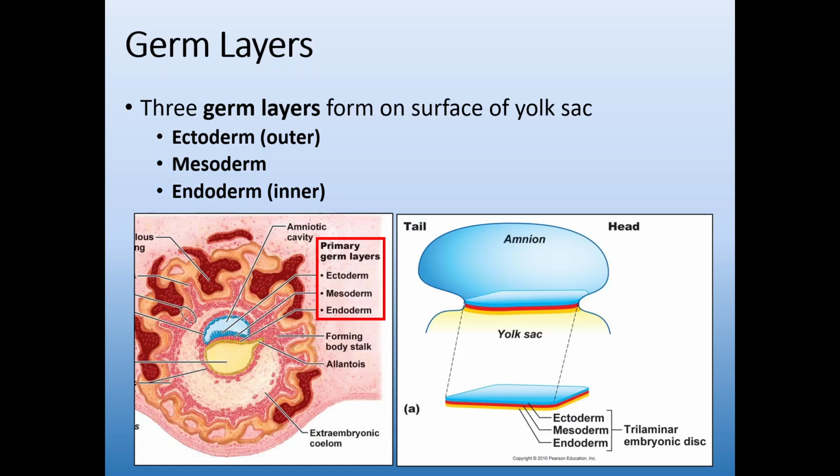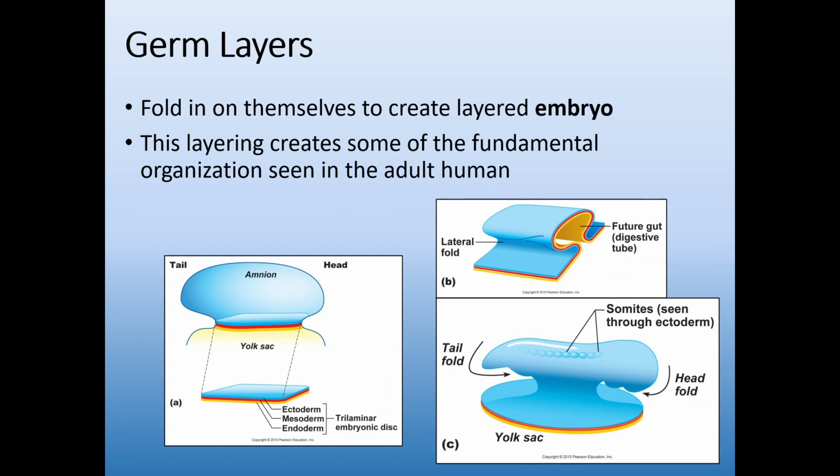It is these germ layers that are going to become the new organism. So we have to change them slightly. We can't just stay linear. We have to create a 3D organism, and they're going to do so by folding in on themselves. So you get this bump up. The yolk sac pushes up into that set of tissue and folds them into a tube. This is going to create that fundamental organization, so it creates an outside and an inside.